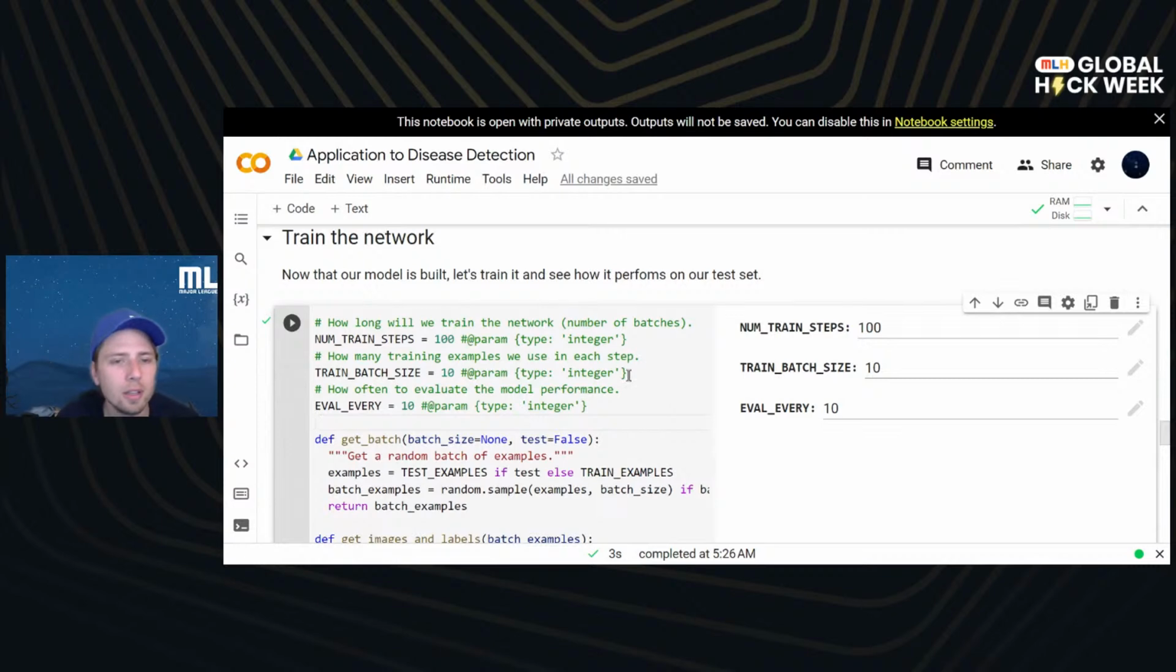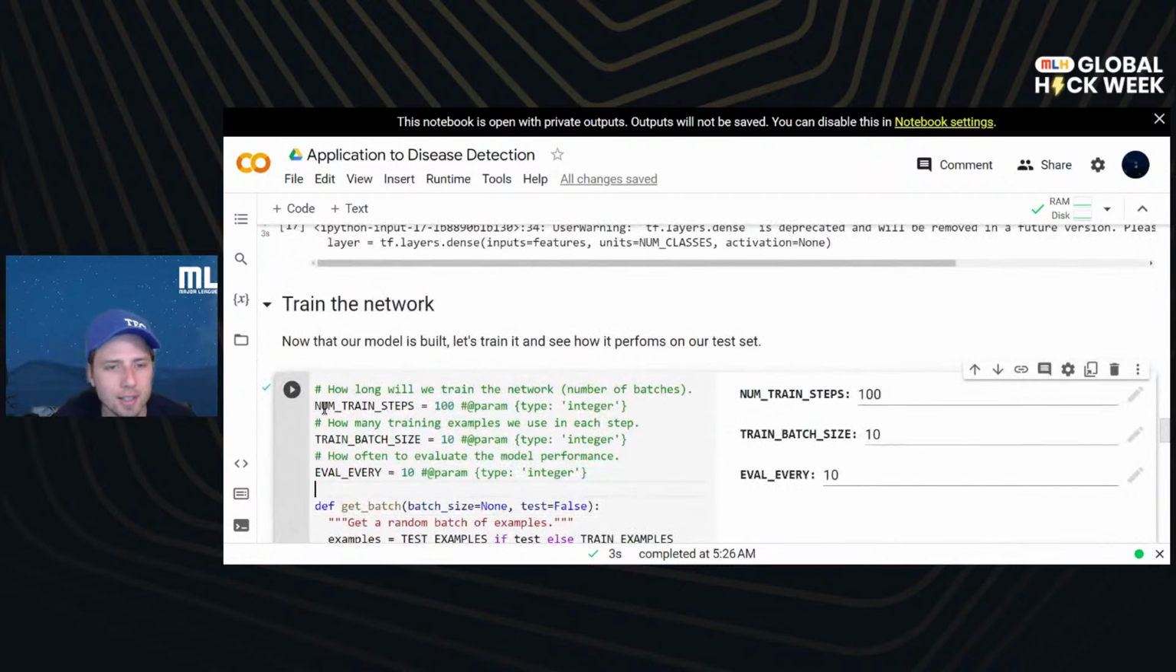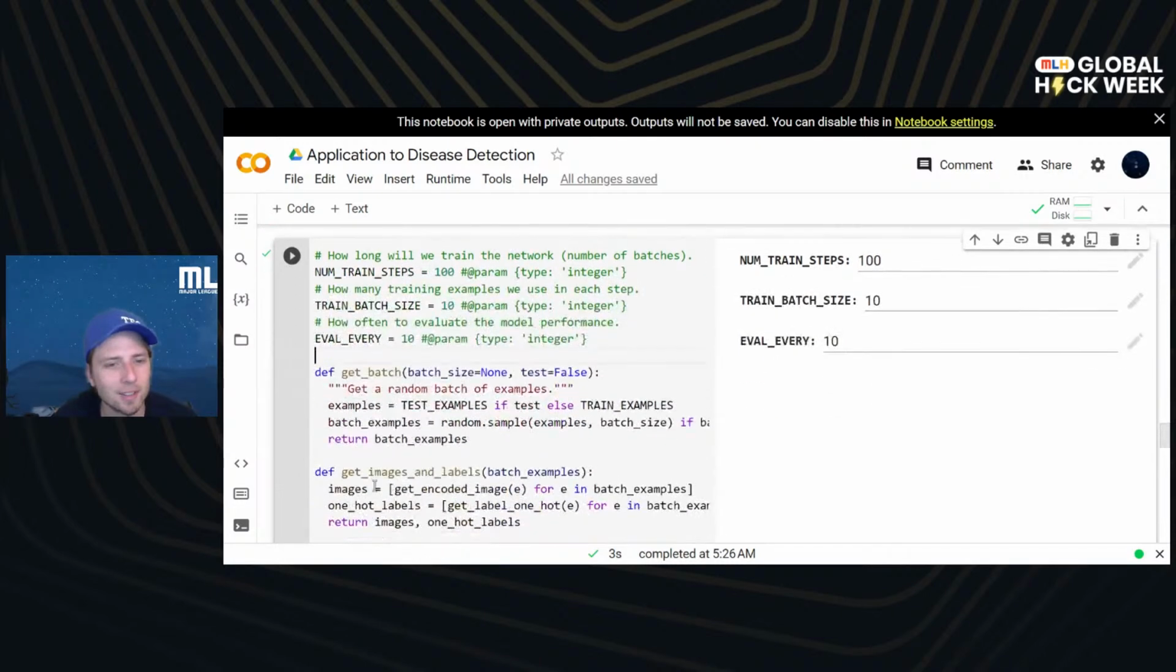We're no longer going to be designing our model. We're now going to be using data to calibrate the model. So these three parameters up here: num train steps tells us how many steps we should take in the training process. For each batch, we will use 10 examples. And then we will evaluate every 10 steps. So that's the way we'll train, rather. So if you click play,